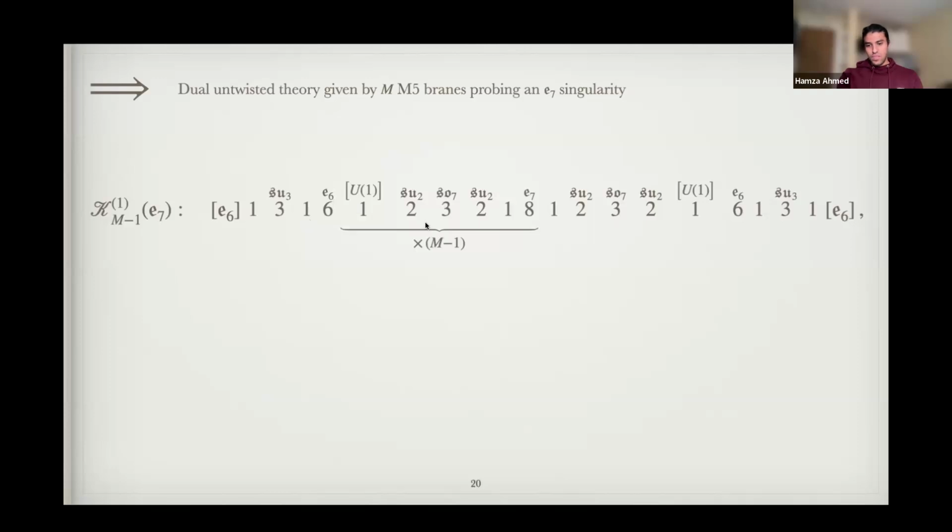This is the full theory. And this is dual to the one from the previous page when the number of 5 branes are related in this way. And indeed, we also proved this duality further via explicit geometries. And another interesting thing that we found was that you have 2 different families of duals, depending on if this n, which is the number of 5 branes of the twisted theory, is even or odd.